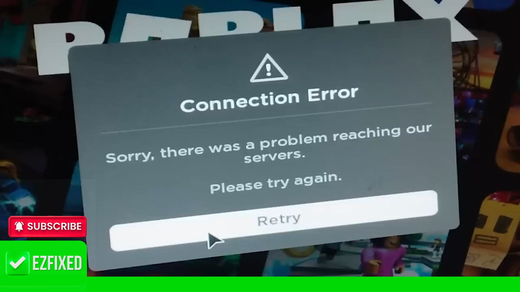Hey everyone, if you're encountering an error with Roblox where it gives you the message, "Sorry, there was a problem reaching our servers, please try again," then stick with me, as in this video I'm going to be sharing with you a few steps you can take to fix this issue. It's actually a fairly simple one to resolve, and the first thing we're going to do is check our browser